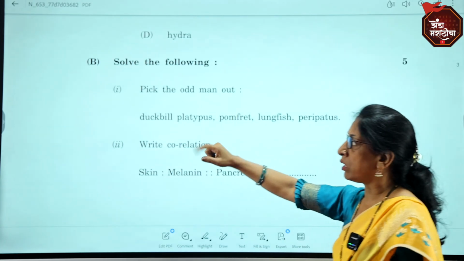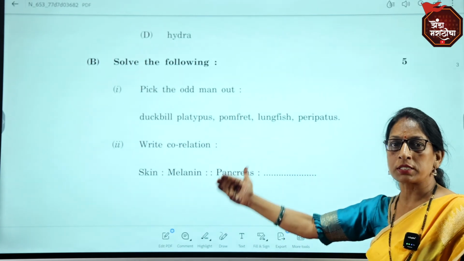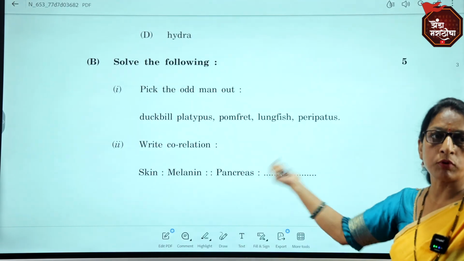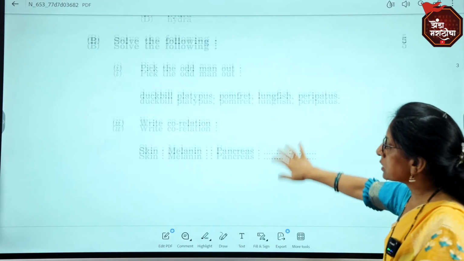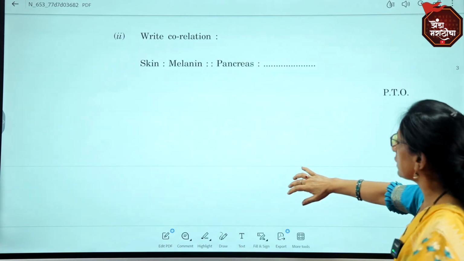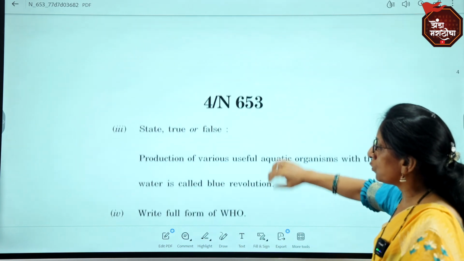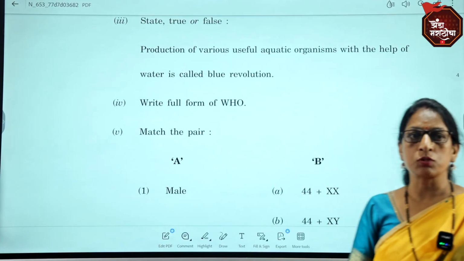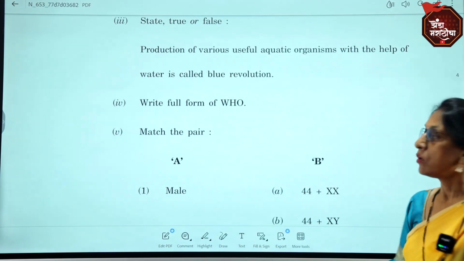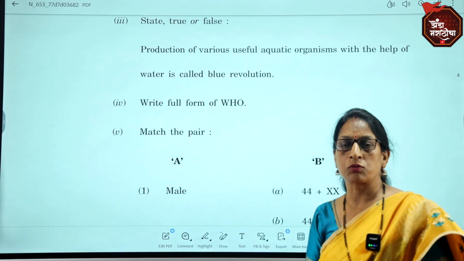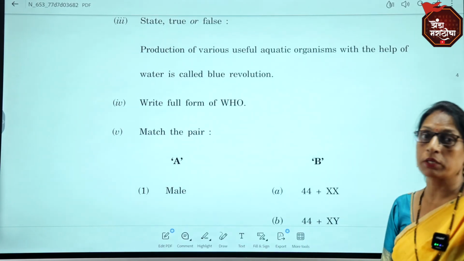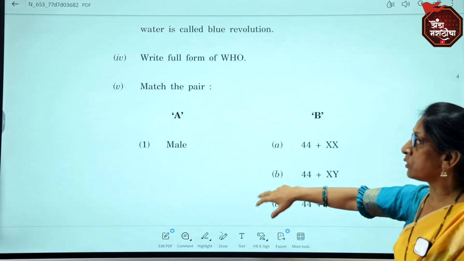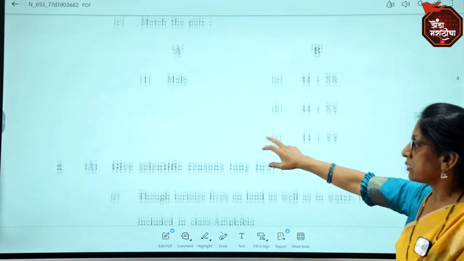Then you go to the next question, and you attempt it in the same order, that is, question one, pick out the odd man out, and then you write the proper option. This way you have to attempt this question. It again carries 1 mark each, and there is no option given in these questions. So you have to go through all the questions and write the proper answers. Attempt them carefully, because if the answer is incorrect, you will not get the marks.